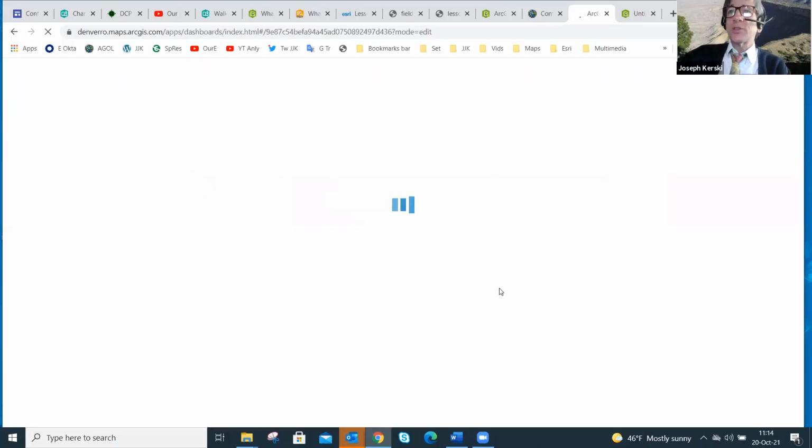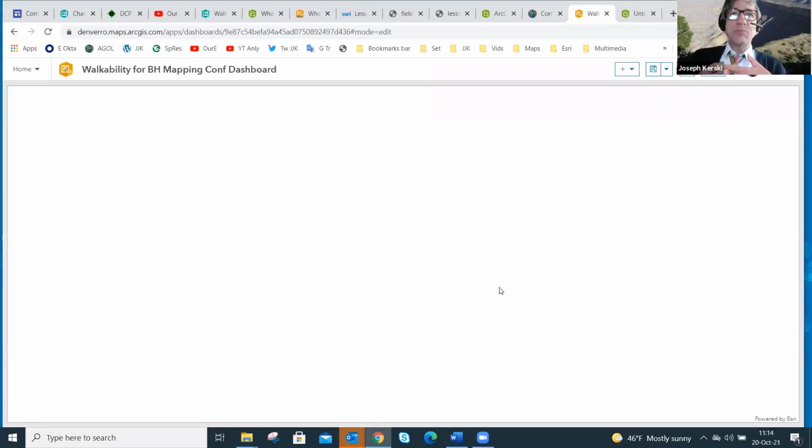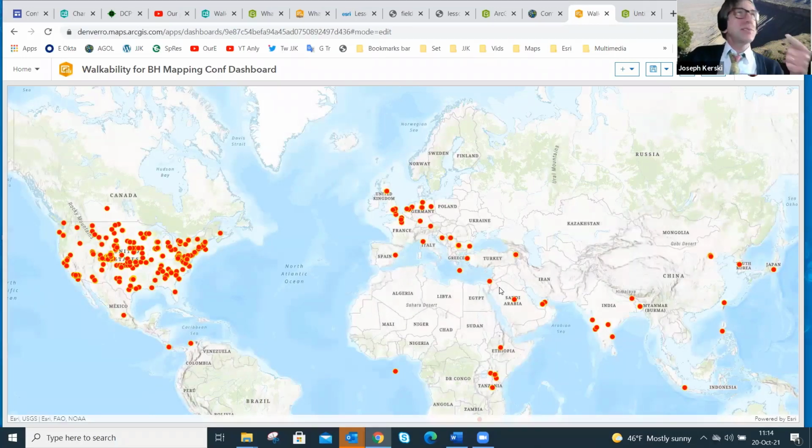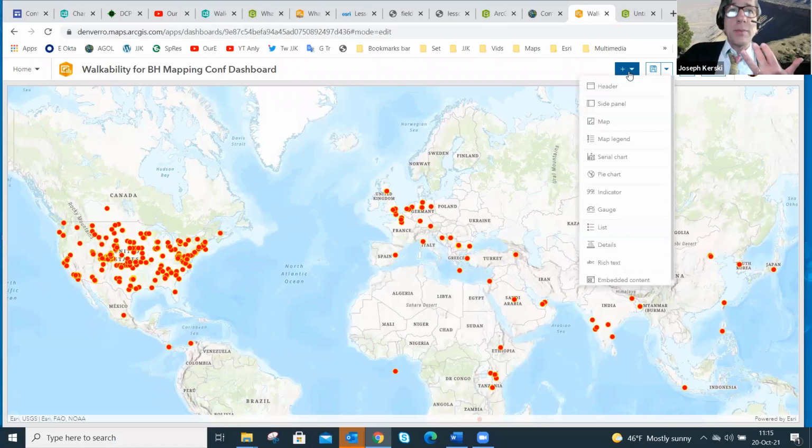Noting the sharing options there. And now we're going to be in this dashboard creation zone. Just like Survey 123 and just like story maps, you get a construction zone, if you will. And the default in the dashboard is the map takes up the whole thing. Okay, well, that's fine, but I want additional elements. And just like the story maps construction zone, and just like Survey 123, everything is pretty much driven on this plus sign.